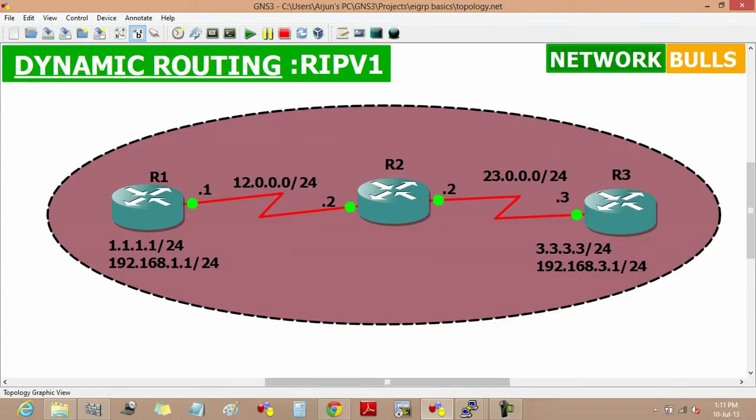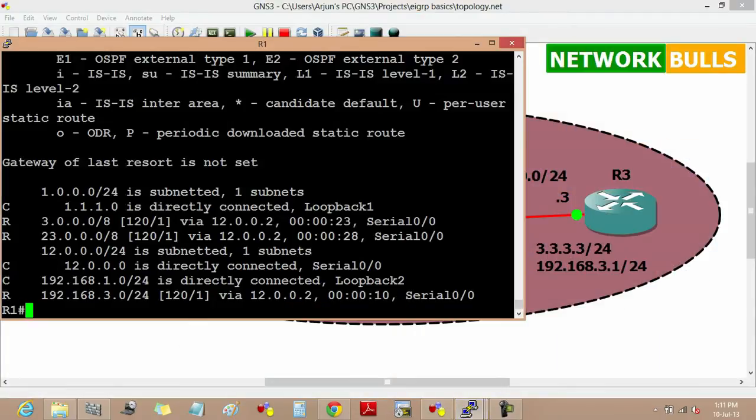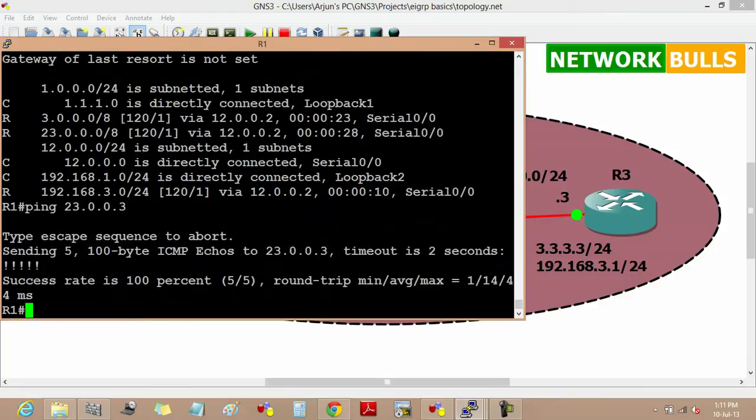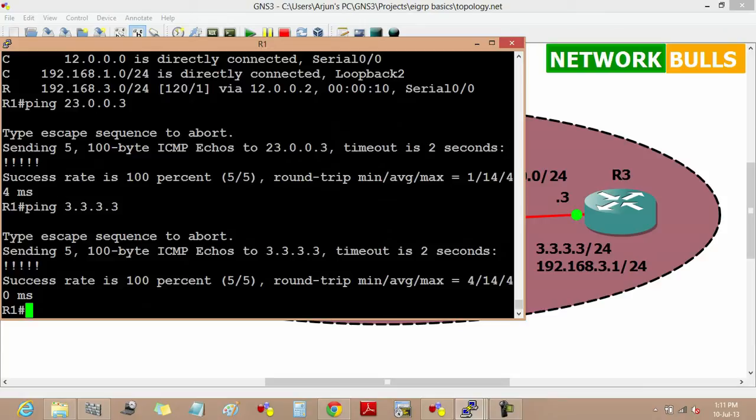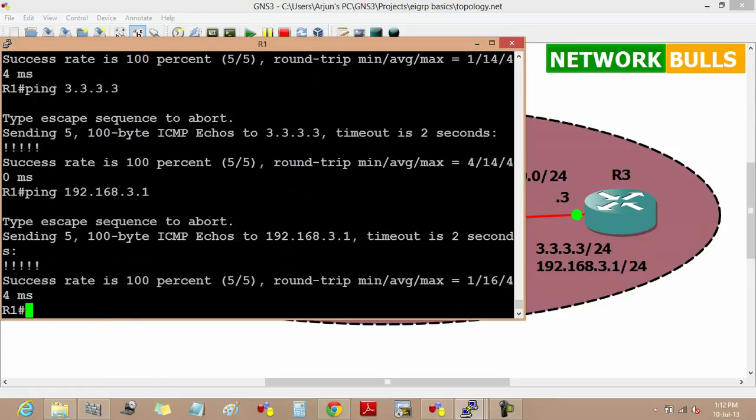Now to check the reachability between all routers, we can ping from router 1 to router 3's network, that is 23.0.0.3. Now we will get the reply from router 3. Now ping the loopback of router 3, that is 3.3.3.3. We will also get a reply from the loopback of router 3. Now ping the next loopback of router 3, which is 192.168.3.1. Now we will also get a reply from